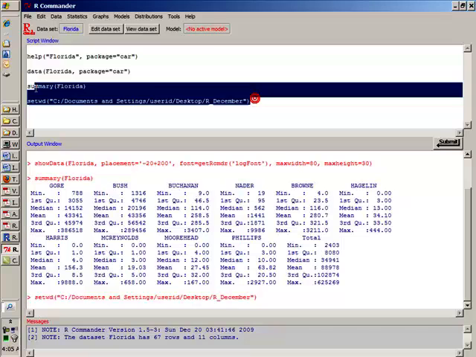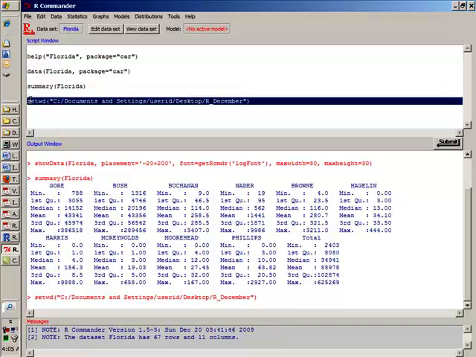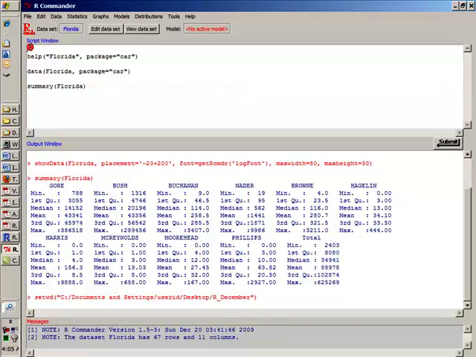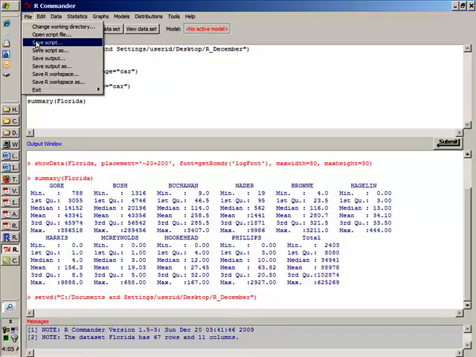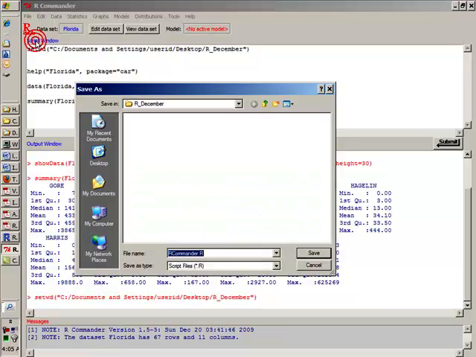So I copy this, cut it, place it on the top, because this is something that I should have. Working directory command always at the top. And then I say File, Save Script. Now when I say Save Script, notice that in this GUI Save As, the working directory that I specified, r_December, it automatically comes up. And every time I open a file or save a file, it will be saved in this working directory. And I call this script as